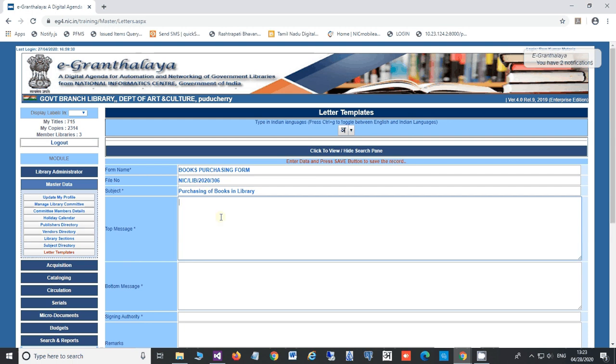And then you need to enter the top message and bottom message, and whenever the form is generated automatically in the books acquisition module, the list of the new books being proposed will be interpolated between the top message and bottom message. You can type in Hindi or in your particular local language also.